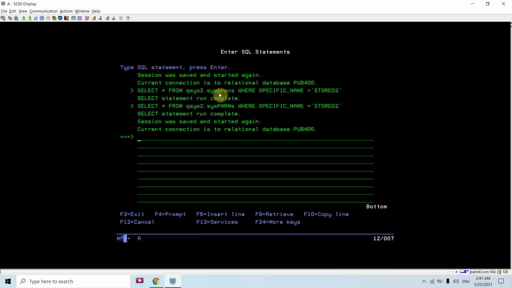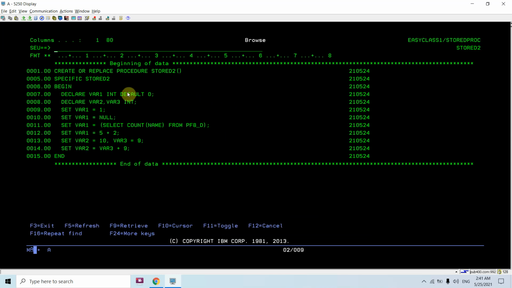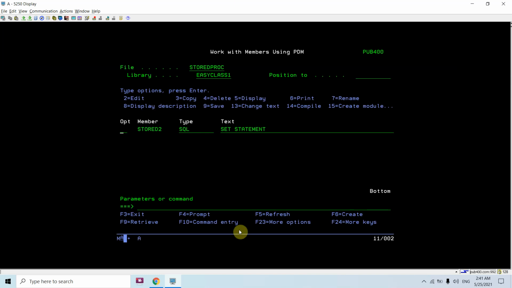Now let me show you how we can debug this. Whenever I am creating this, I can mention the debug view in the create statement, but I'm not setting it there, so I'm telling you from the command perspective.